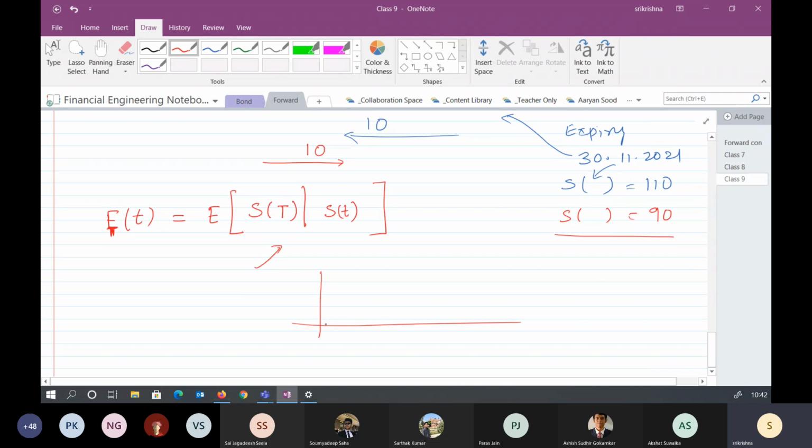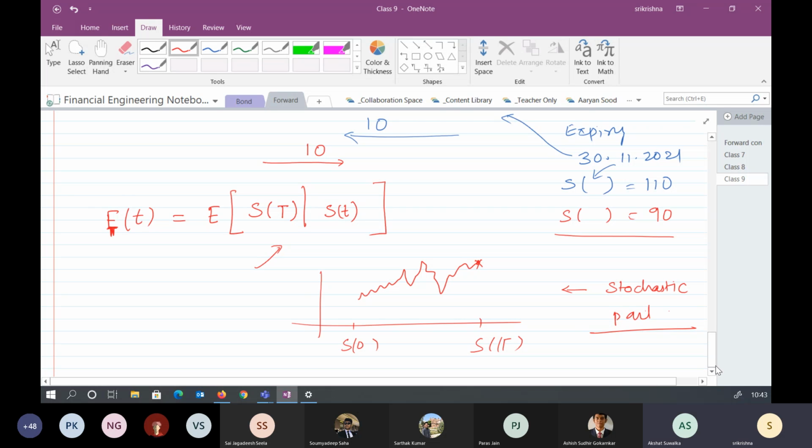The asset can start from, let's say, S naught and go to ST. Each day the prices may go up and down, and this would be the spot price. The future is basically anticipating what the spot price would be, or the other way around, it is the limiting value of the spot price. We'll talk about this when we do the stochastic part. Even if you don't understand, don't worry, we will discuss this again.